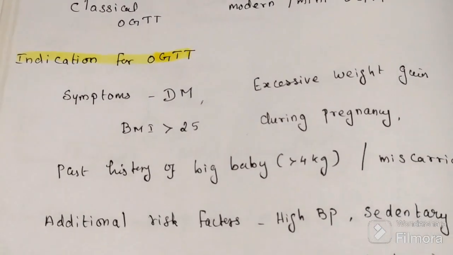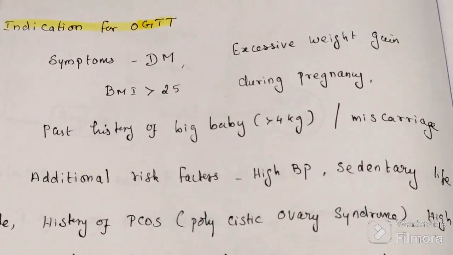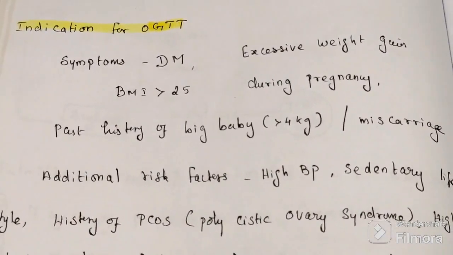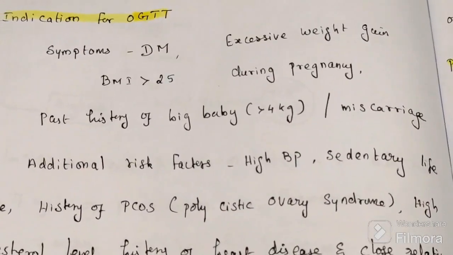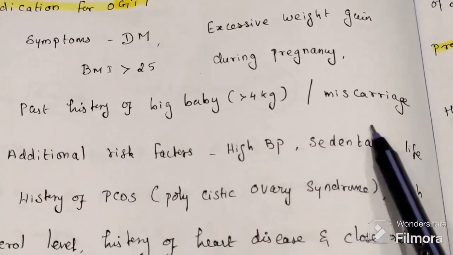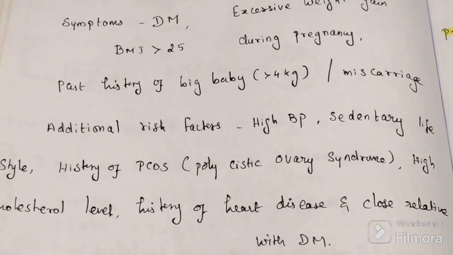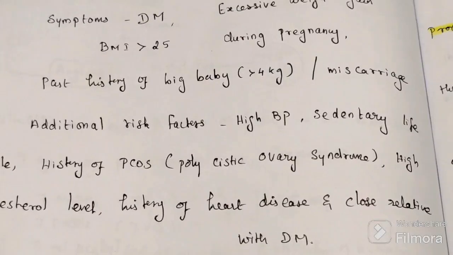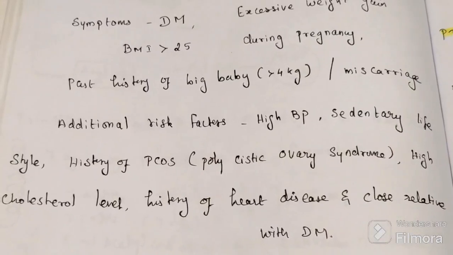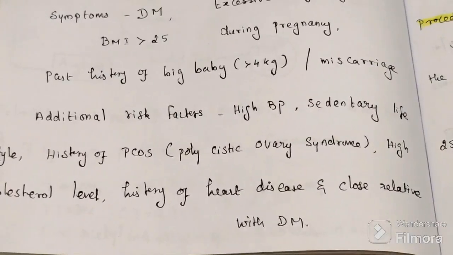Then the indications: what are the conditions in which we want to check blood glucose level? Whether the patient has diabetes mellitus, or excessive weight gain, or a BMI of more than 25 during pregnancy, a past history of a baby's weight being more than 4 kg, or abortion, miscarriage, or additional risk factors like high blood pressure, sedentary lifestyle. Then a history of PCOS, polycystic ovary syndrome. Then high cholesterol level, history of heart disease, or a close relative or parent having diabetes mellitus,